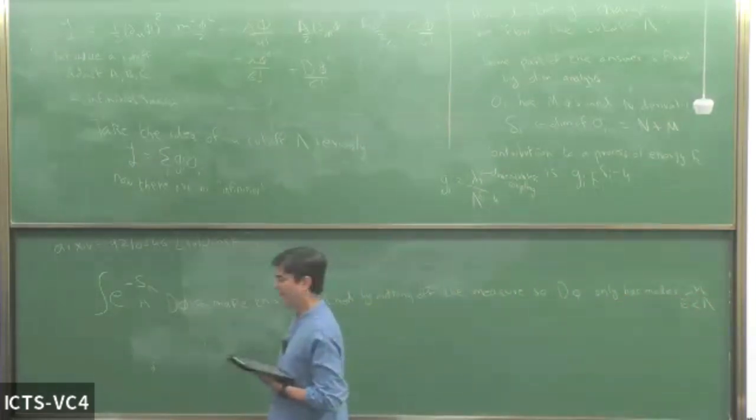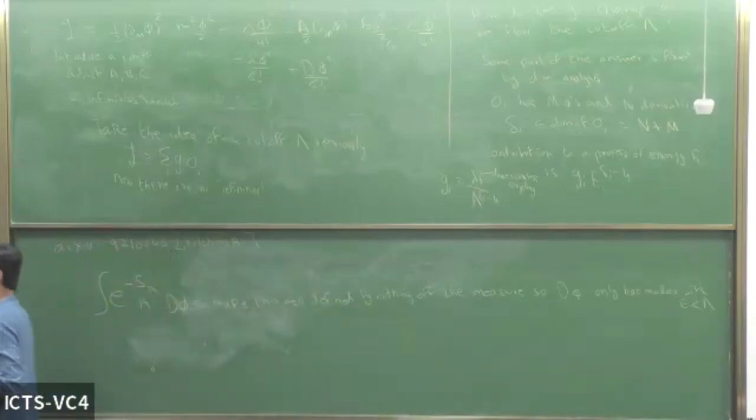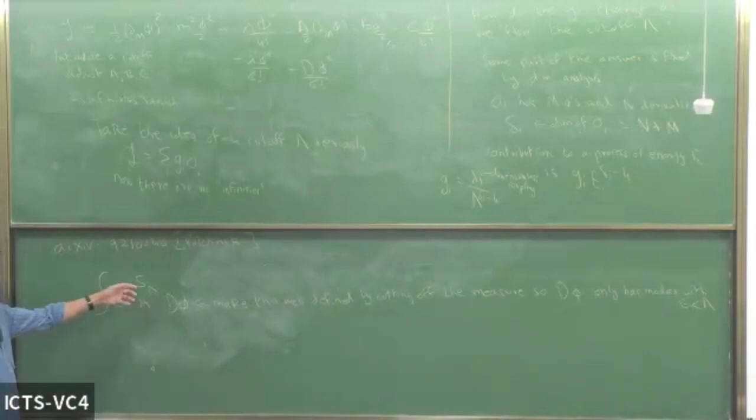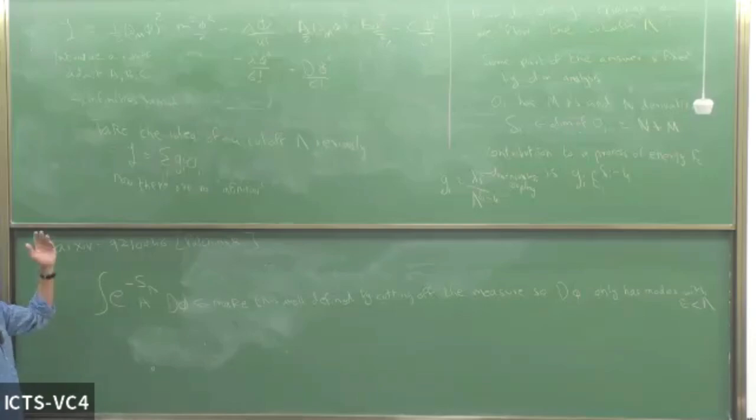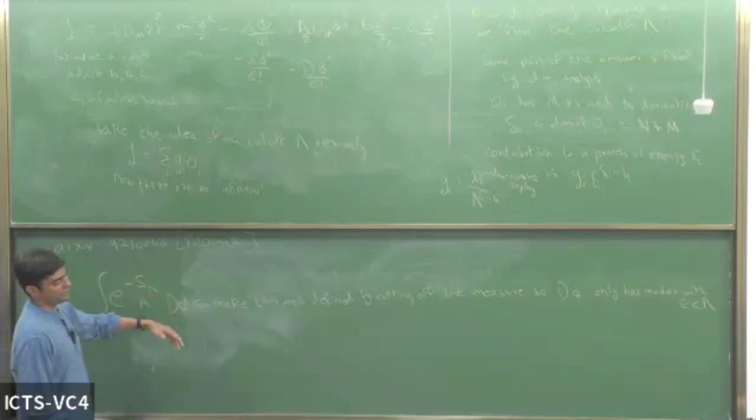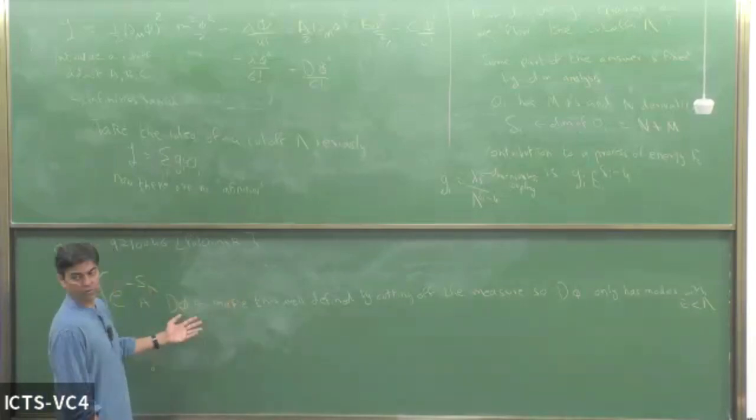Okay. And as I said, by the way, it's pretty important that when you do this, you should do this really in Euclidean space. Okay, if you really wanted to do this, you should first rotate. That's why I wrote e to the minus S lambda. You should first rotate to Euclidean space and then ask about some correlation function. And in this, you say that you cut off this measure.